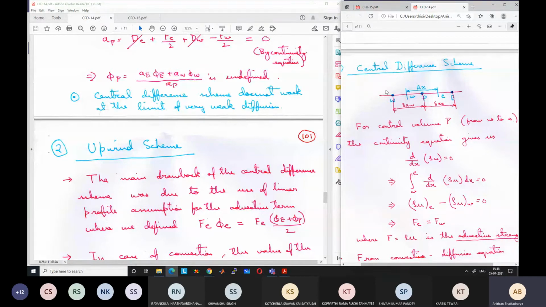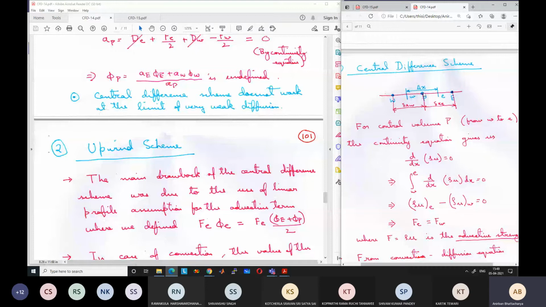Obviously, if the temperature at grid point P is larger and say E is small, because of the high velocity fluid, the upstream side, the side from where the flow is coming, will affect the interface much more as compared to the downstream side. The downstream side is the side towards which the flow is going. Information cannot travel back towards the interface from the downstream side because of the large velocity. It can travel back due to diffusion, but if the velocity is very large, the diffusion is minor, and the effect is mainly felt because of whatever is happening on the side from which the flow is coming.